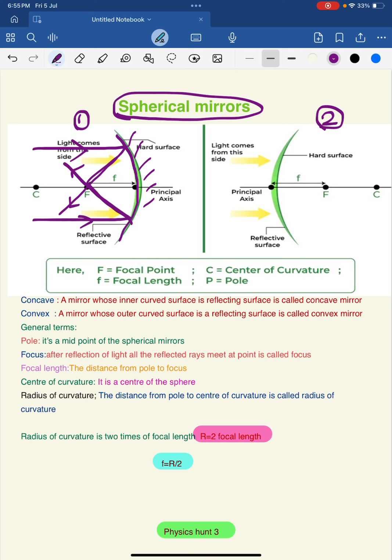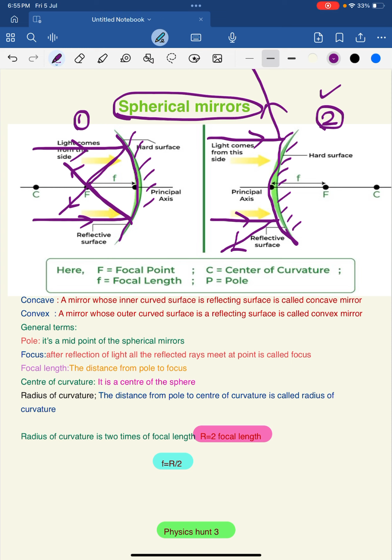Okay. Now coming to the convex mirror, that is mirror 2. So in the case of convex mirror, this outer region is the reflecting surface. That means the inner region is opaque medium. It doesn't allow any light through it. See for example, when a ray of light which is directly incident on the convex mirror, after reflection, the reflected ray will move like this. Suppose if you take one more incident ray of light like this, after reflection, the reflected ray is moving in